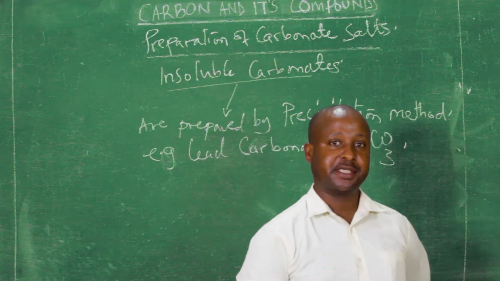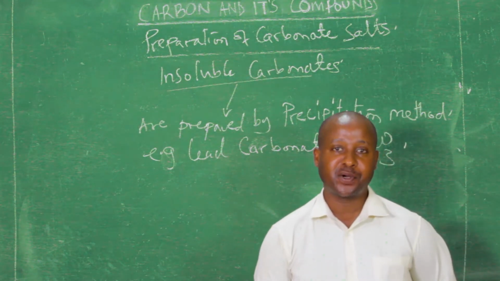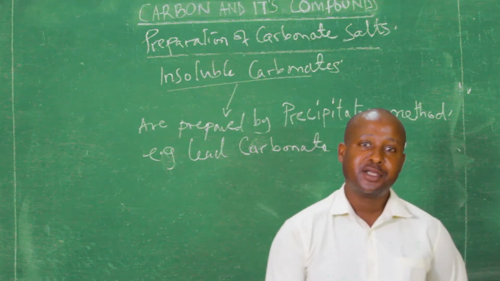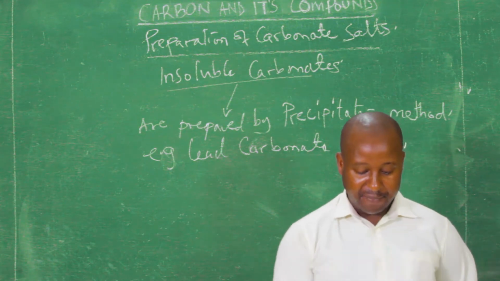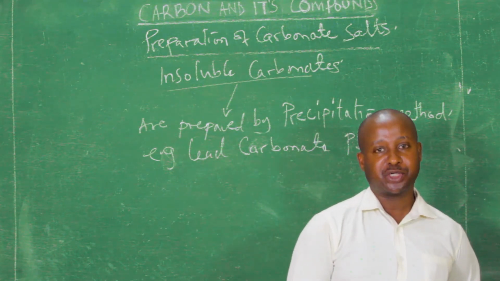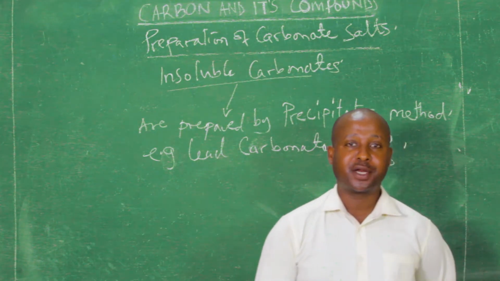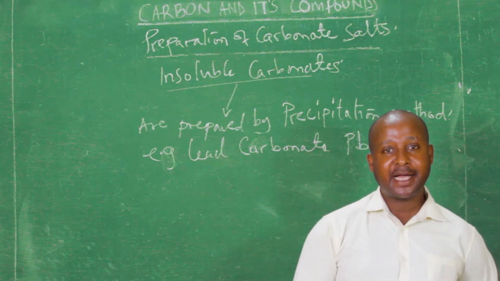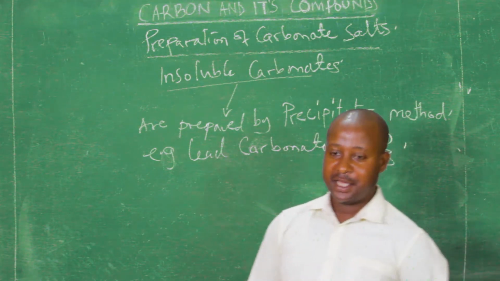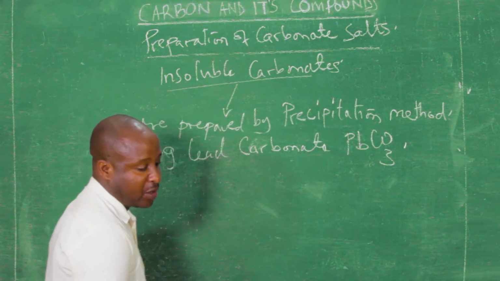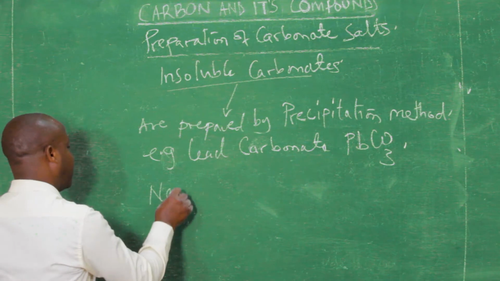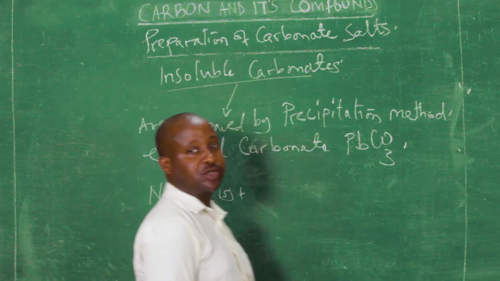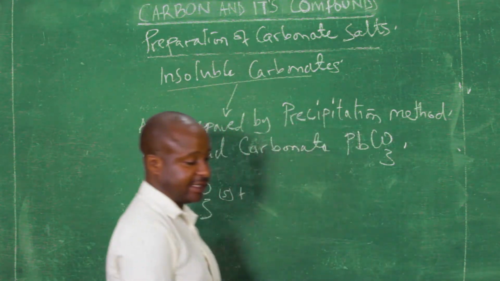How is lead carbonate prepared using precipitation method? Lead carbonate can be prepared using a precipitation method by adding a solution of sodium carbonate to a solution of lead nitrate. If we have a solution of sodium carbonate, and then we add it to a solution of lead nitrate,